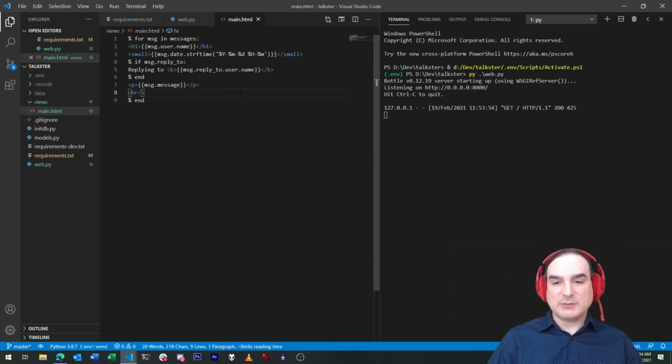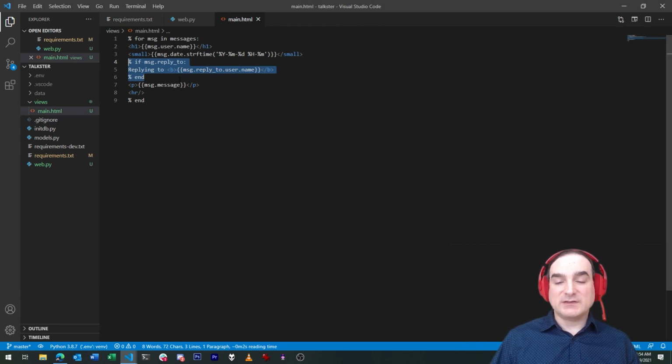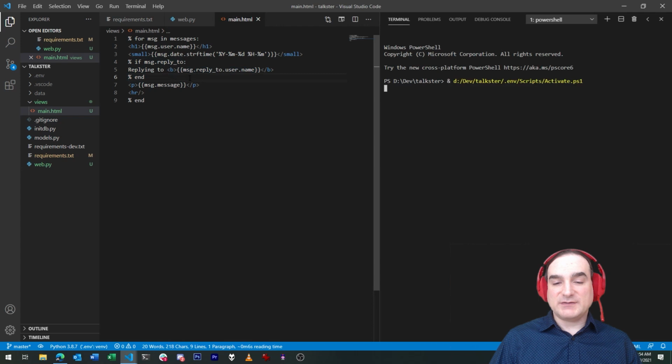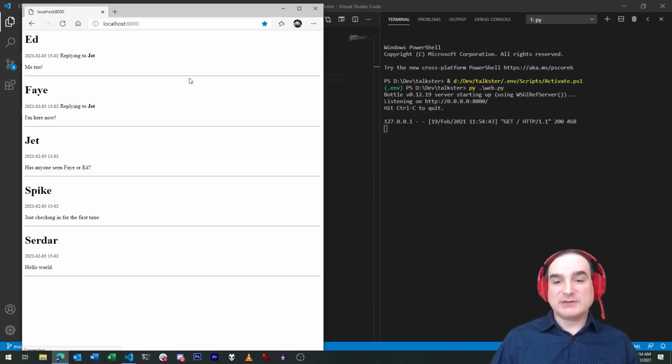So let's go back and edit our template and insert a condition to do that. If the reply to field in a message is not blank, then we'll insert some HTML that says reply to, along with the name of the user and the replying message. And so when we save this and restart our application, as you can see, we now see that information shown as part of our message stream.